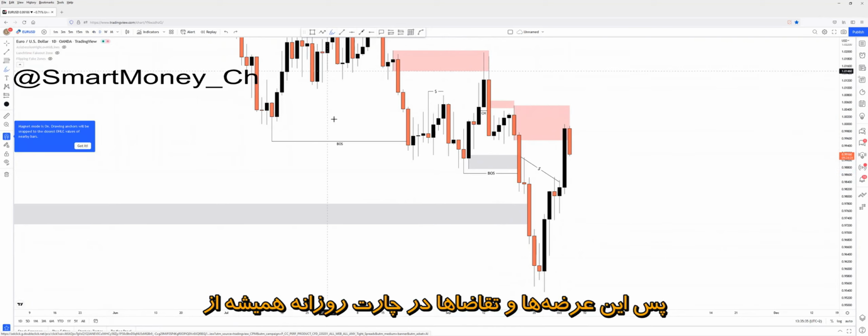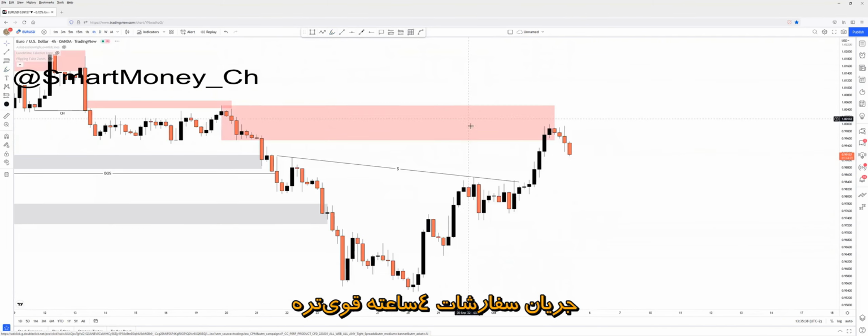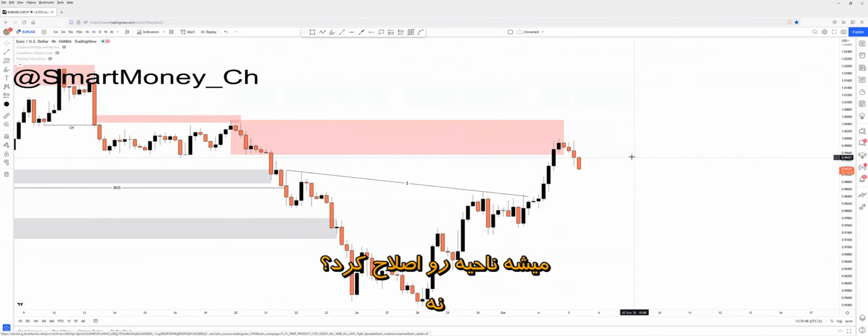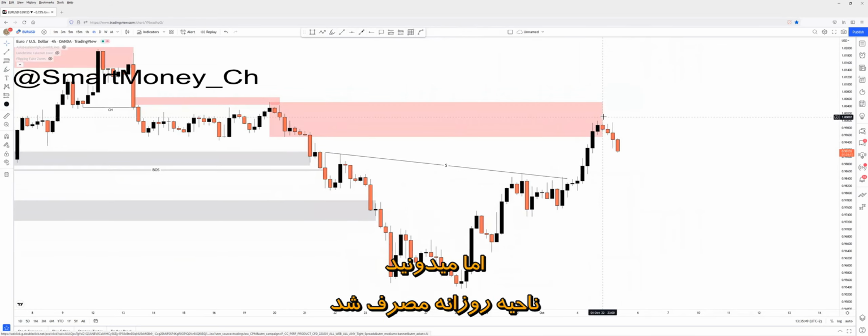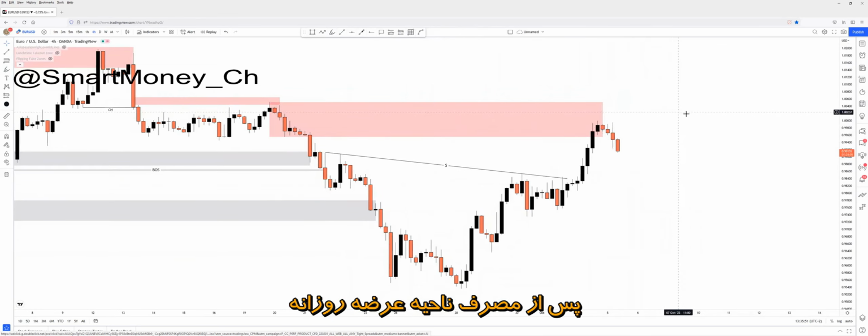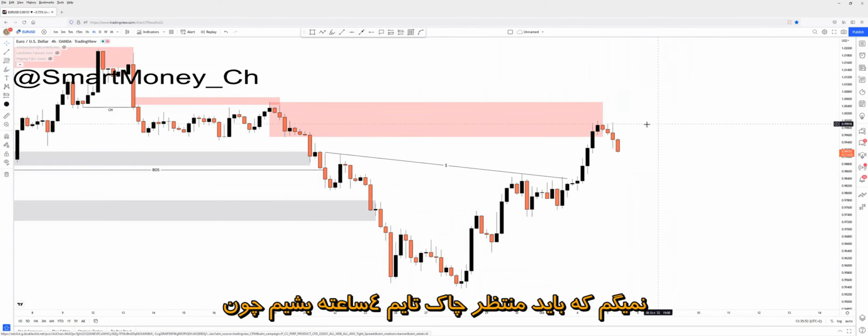So these kind of supply zones, demand zones on the daily chart will always be stronger than the 4-hour order flow. And actually, was it a refinement step 2? Yeah, we could call this a refinement step 2. But the daily supply zone has been mitigated. After this daily supply zone mitigation, I wouldn't say that we would wait for a 4-hour change of character, because,